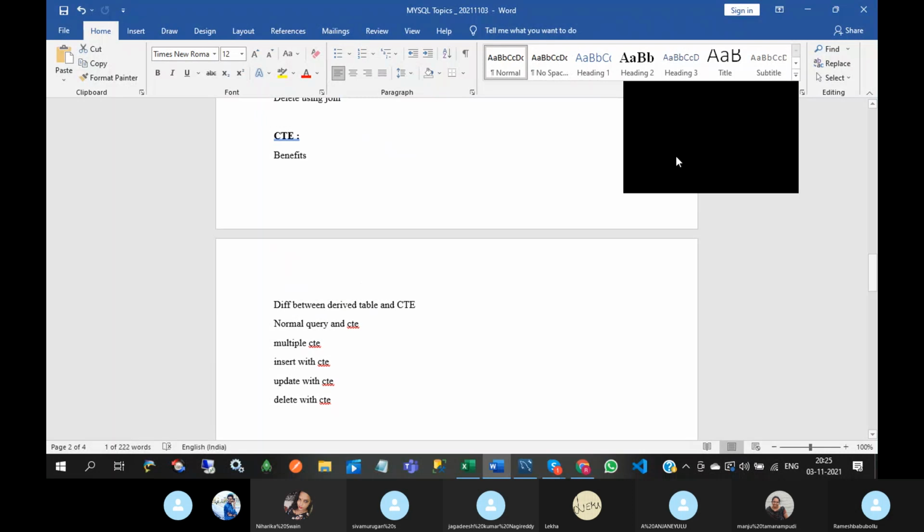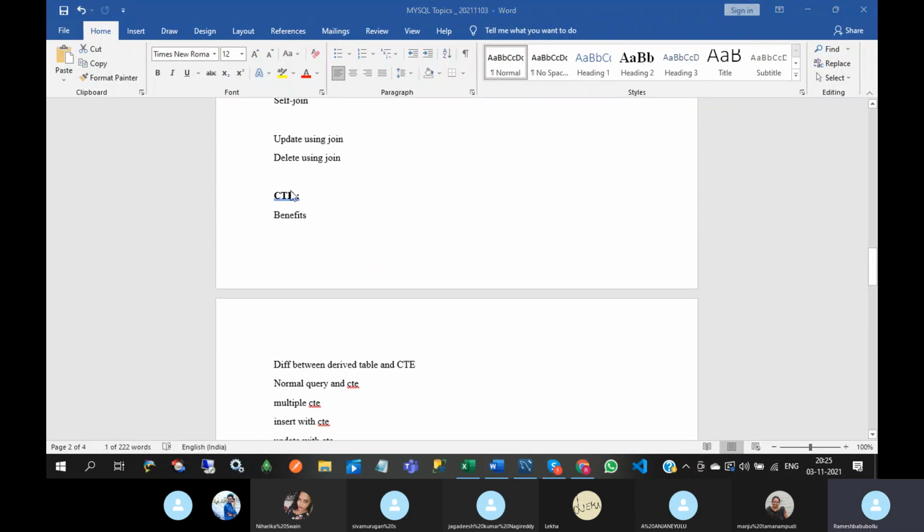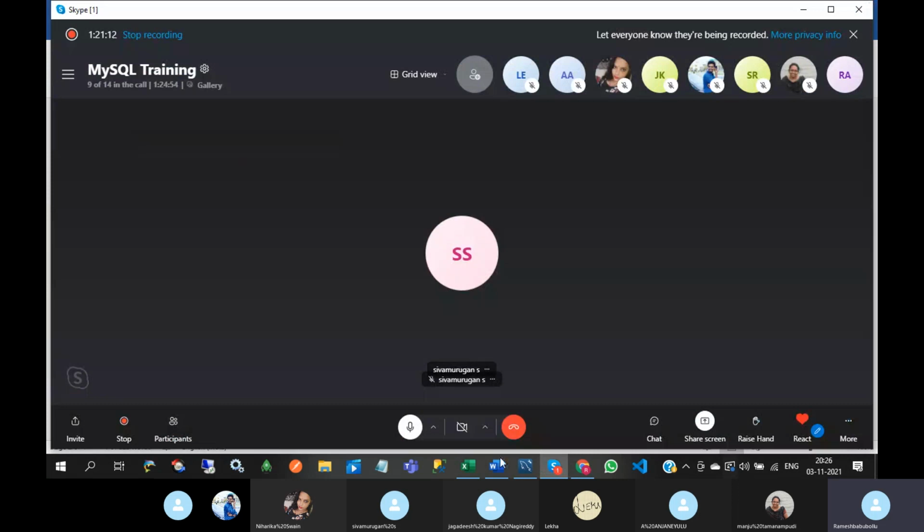Next, CTE. CTE means common table expressions. What is the purpose of CTE? CTE is used to name a temporary result set that exists within the execution scope of a particular statement.